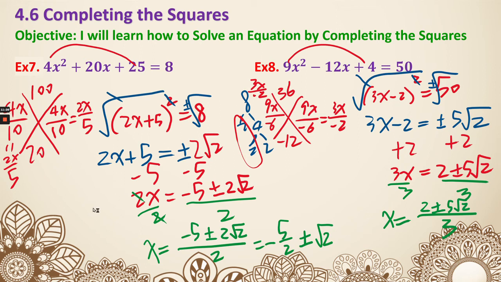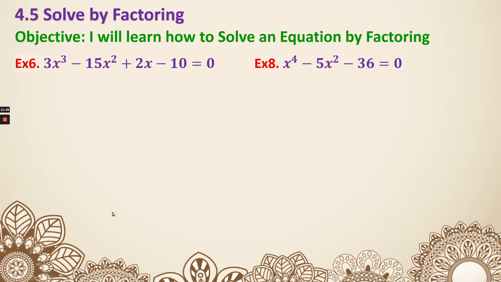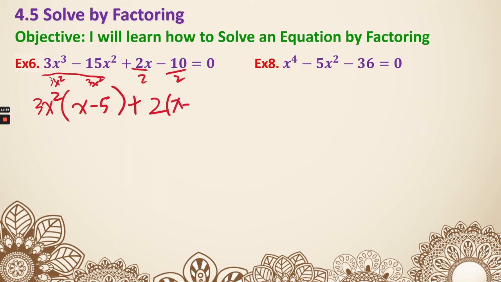Next, I'm going to talk about 2 examples from 4.5. They do involve something that we just learned in 4.6. So in 4.5, example 6. This question, we actually need to factor by grouping first. So that's going to be 3x squared being taken out. So divided by 3x squared, we're going to have x minus 5 left, plus 2 x minus 5 as well,